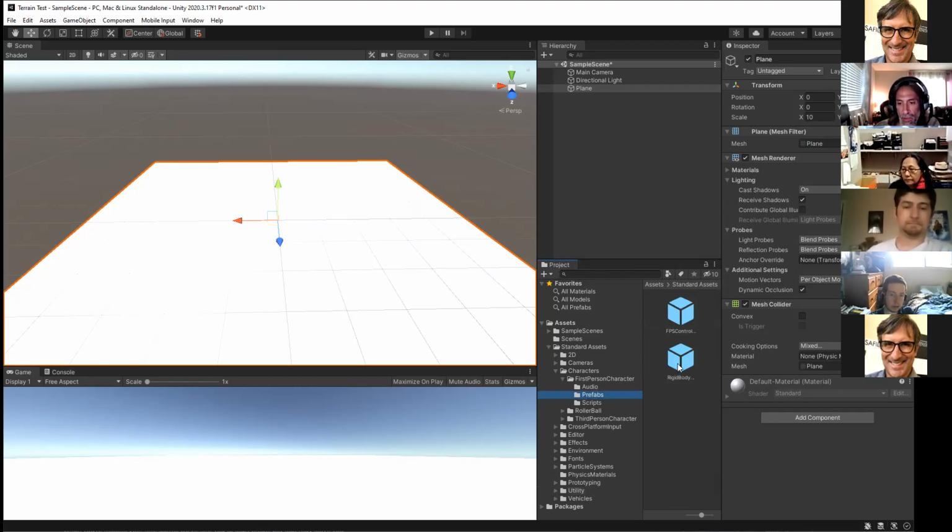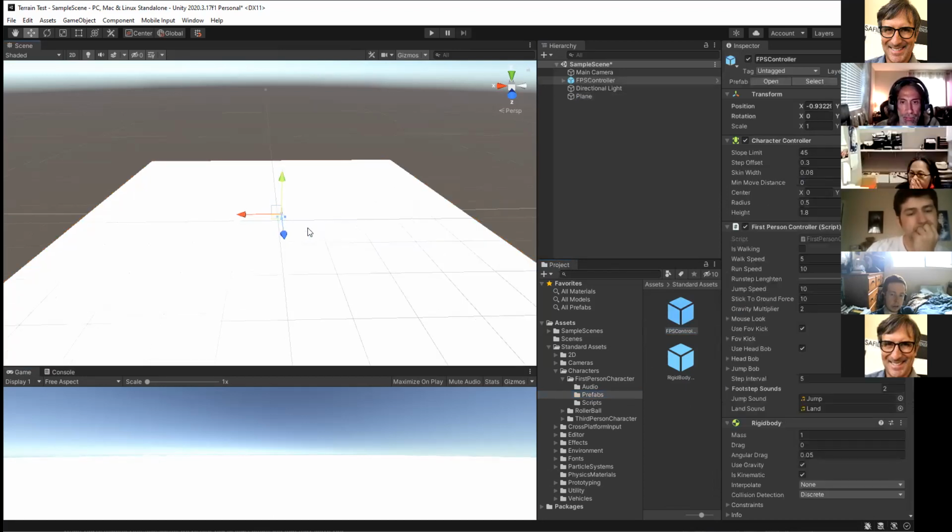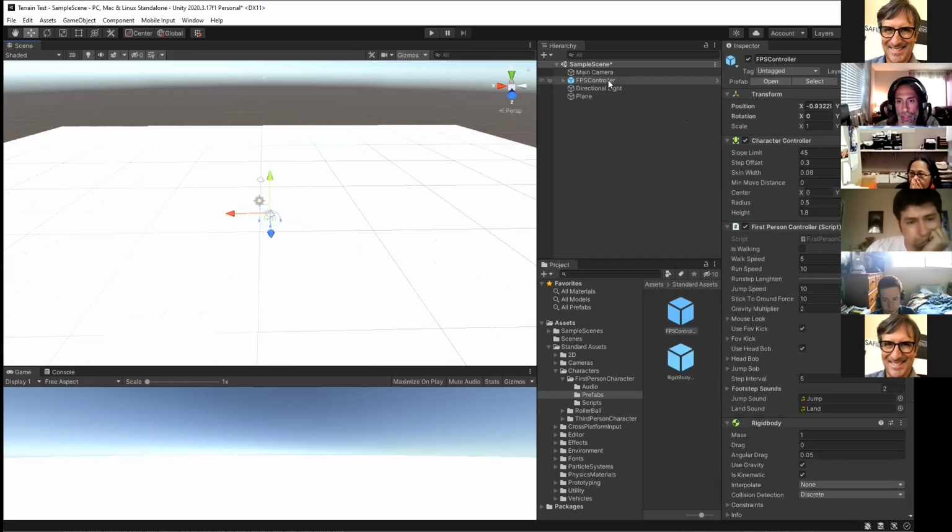And we also have a rigid body controller. I've used a rigid body controller. It's okay. I don't necessarily like it. I like the first person controller better. And prefabs have this little blue box. And that's partially how you know it's a prefab. What I'm going to do is left click on it, hold it, and drag it into my scene. Okay. And then while my cursor is in the scene window, I'm going to hit F on my